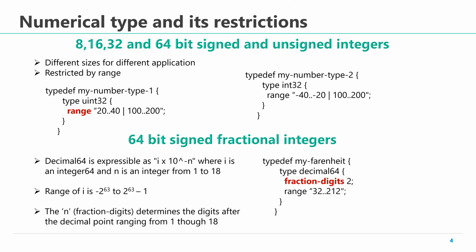The example you see here is straightforward, where I want to use a derived type for Fahrenheit, and here I have chosen to display the temperature as a fraction of 2, and I am restricting the range to 32 to 212 degrees Fahrenheit, which in turn would translate to 0 to 100 degrees in Celsius. So what it means is the total range is now 32.00 to 212.00.